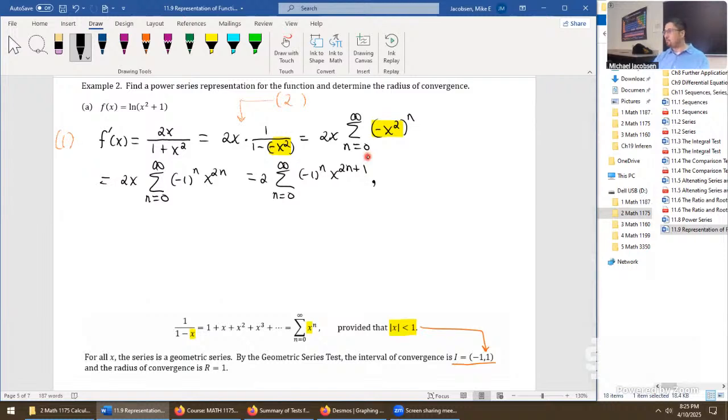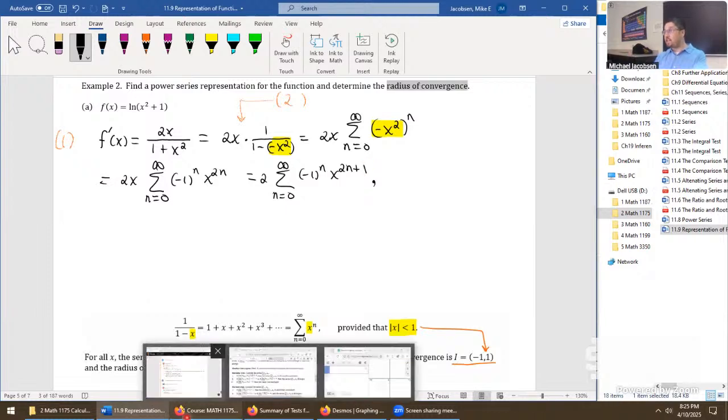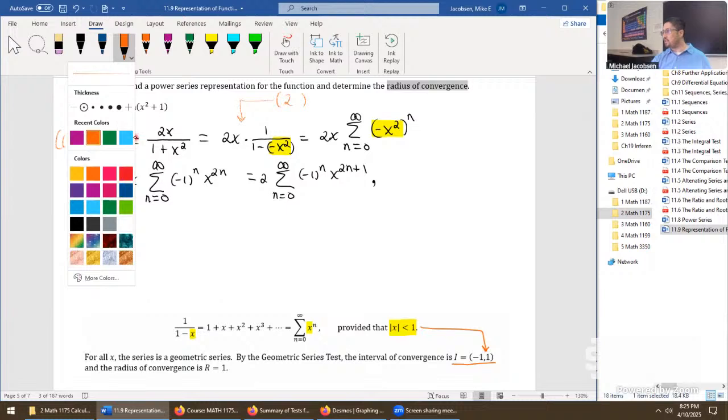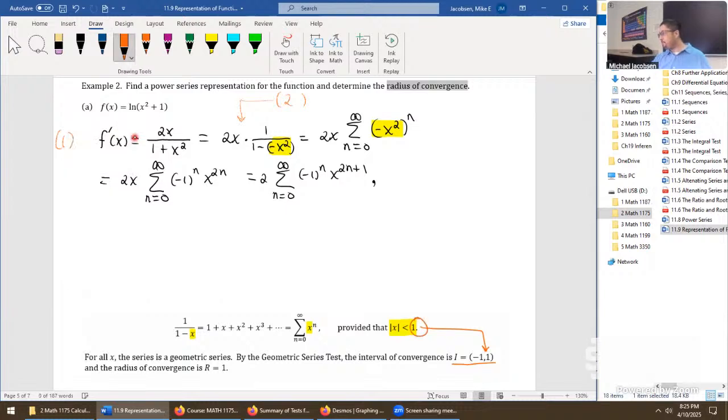Once we have that, we want the radius of convergence for this f of x as a power series, but we can get the radius of that convergence by finding the radius of convergence of just its derivative, because when we integrate, that radius does not change. So we don't want the interval of convergence like we were saying down here. It's asking for something new this time. It wants that part,